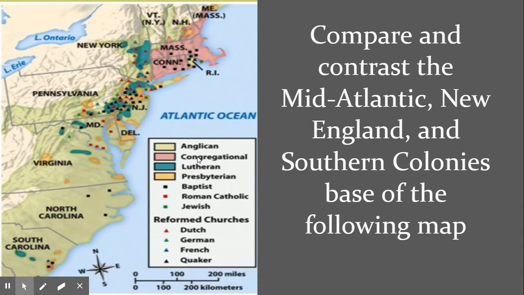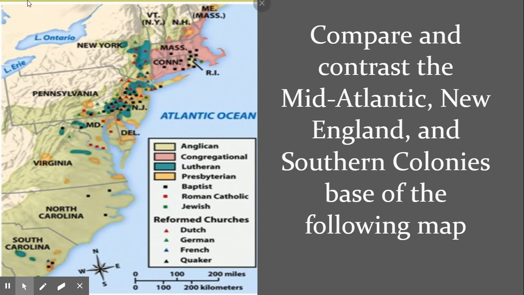Now, when you look at these, you'll notice that most of the South, they're Anglican. Up here, these are congregational, meaning they have big congregations, like the whole town. If you've ever watched the movie, I'm trying to remember the name of it, but it's about the Salem witch trials. It's because they were a congregational religious society. They ran everything. They ran their government. They ran their trade. They ran the jobs. They took care of that stuff.